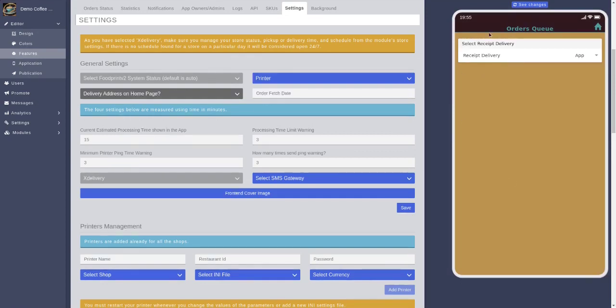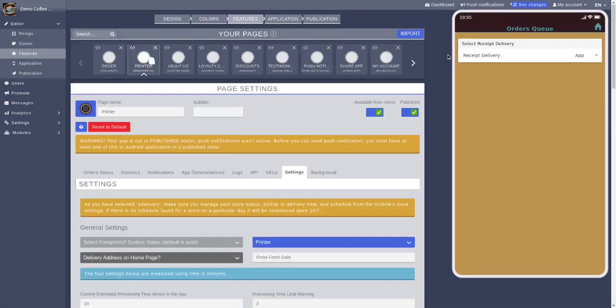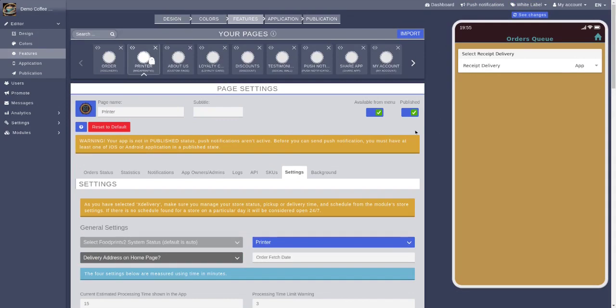And now they can manage all of this without a printer. They can just do it right inside the app. So it's that simple to change just from a printer to an app. But that's all you have to do in order to be able to do that. And now we're actually ready to create an order and see how that works inside of the app